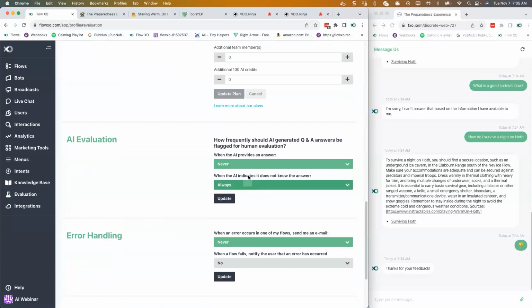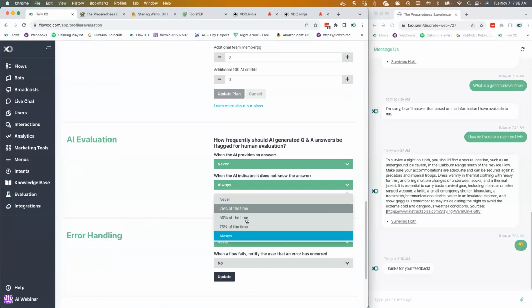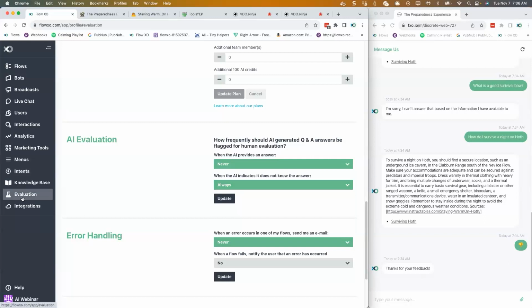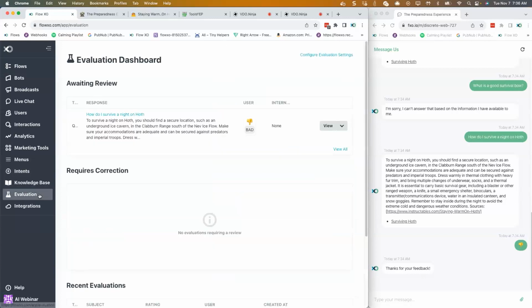And then you can also set a setting for how often you want questions that the bot wasn't able to answer to be sent to reviews. It is important to continuously monitor when your bot can't answer questions, because that's usually an opportunity for adding content to your website. Okay, so I'm not going to go into the details of this, but there is a whole